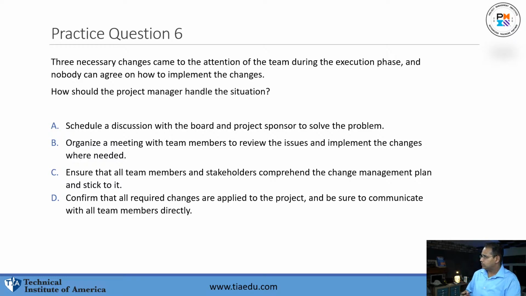All right. What answer do you guys have? Okay, so let me give you some quick keywords here. It says three necessary changes came to the attention of the team, and no one can really agree on how to implement them. So we're not implementing this thing, but it seems like they're necessary changes. How should you handle this? Now, the answer here is,